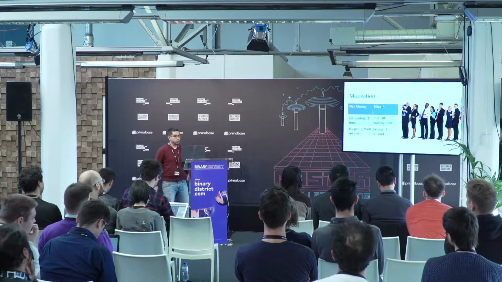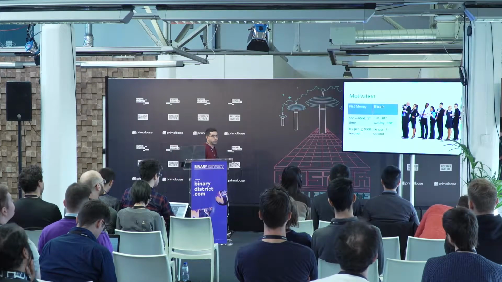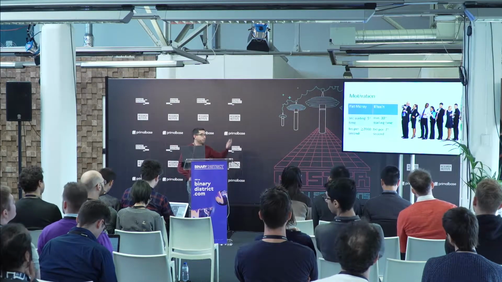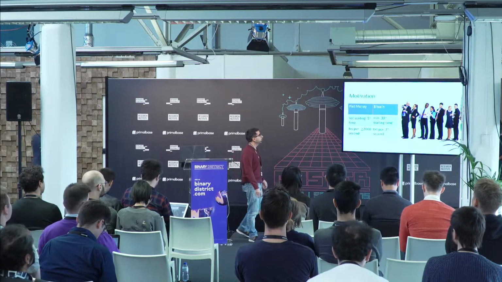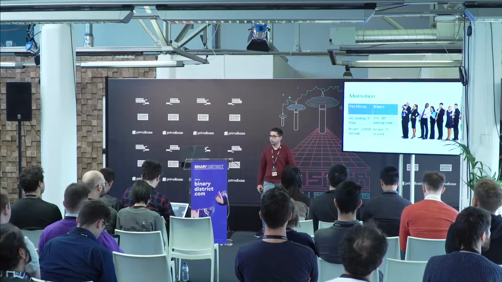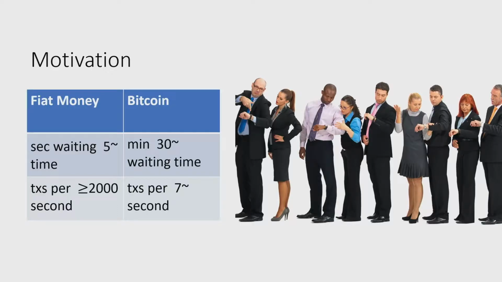So the motivation of Spectre and in general DAG-based protocols, as David mentioned today in the beginning, and as Chris already talked about the general graph, is the scalability of Bitcoin. The confirmation time for a transaction in Bitcoin could be within the minutes, because if we have one block every few minutes, and we want to wait more than one block, we need to wait, for example, up to 30 minutes for a transaction. If we compare it to fiat money, to Visa or PayPal, where we get a confirmation